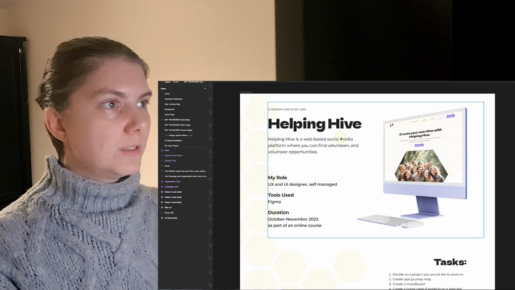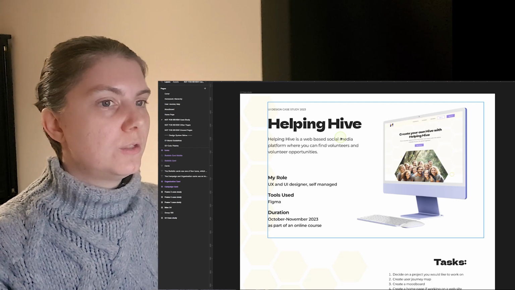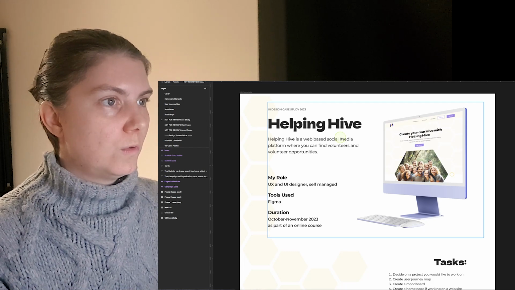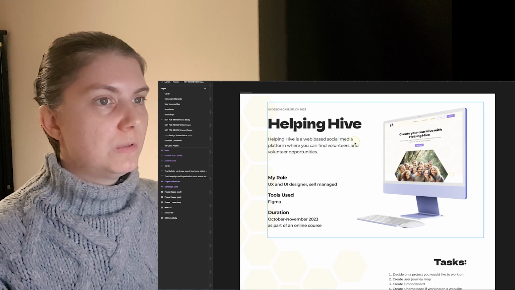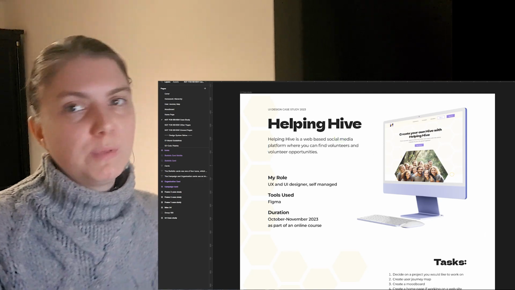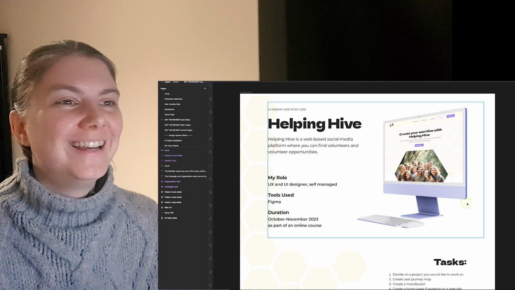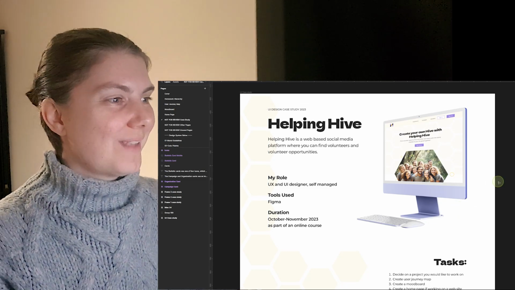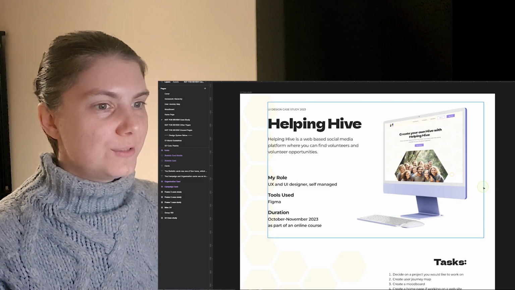It's about my case study for this UI project. What I did, what I showed in it, so that if you want to create one of these, you can, if you want, of course, follow this. It's sort of similar to the UX case study. I just used that one as an example. This one is a bit more pretty because it has color and these pictures, right? And the pattern behind. I wanted it to be cohesive